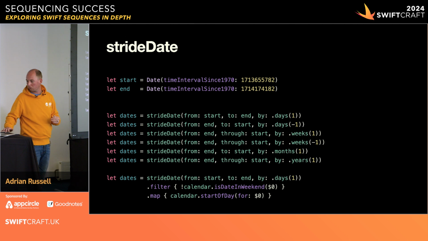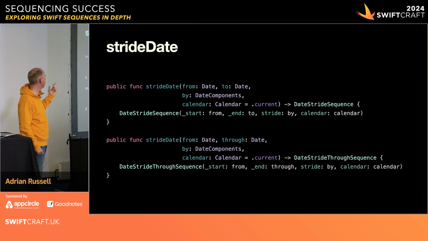So we can do complicated maths, complicated date-based striding, really simply by wrapping the concept of moving through days within a sequence. You can see, as we saw before, we've got the same example where I've just defined a strideDate for striding through. We're passing in the date components that we're going to stride by, and we're passing in a calendar option because not everyone uses the Gregorian calendar,